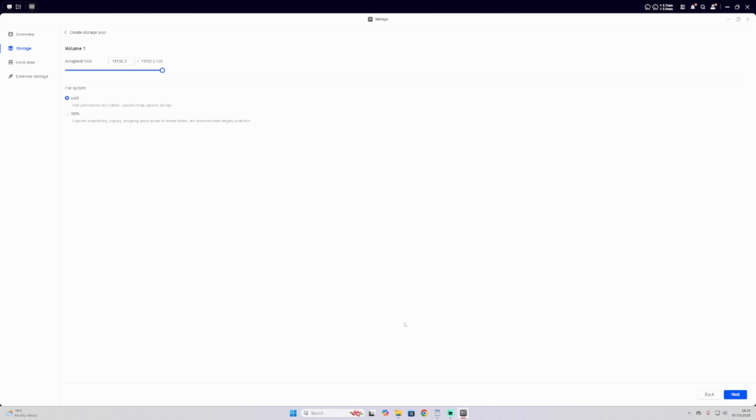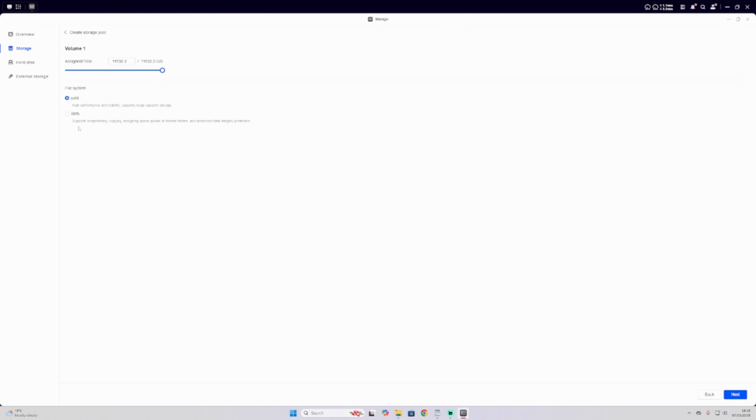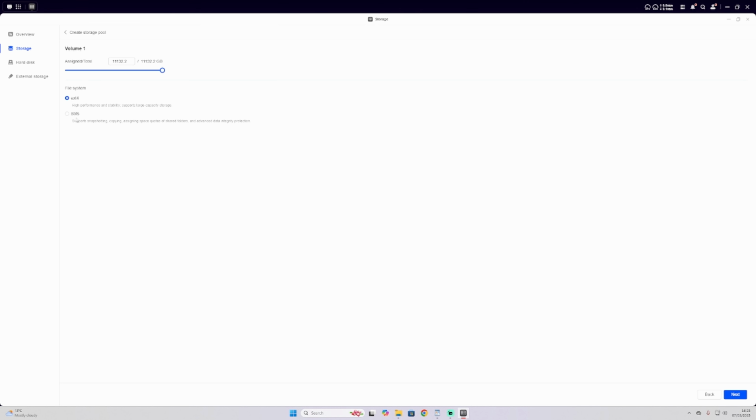Right, file system is ext4 or BTRFS. Now we're going to go for the top one, which is ext4. High performance and stability, supports large capacity storage. Now the other one, which is BTRFS, supports snapshotting, copying, assigning space quotas of shared folders, and advanced data integration protection. Sounds complicated. I think I've got that on my other NAS, but we're going to leave it on